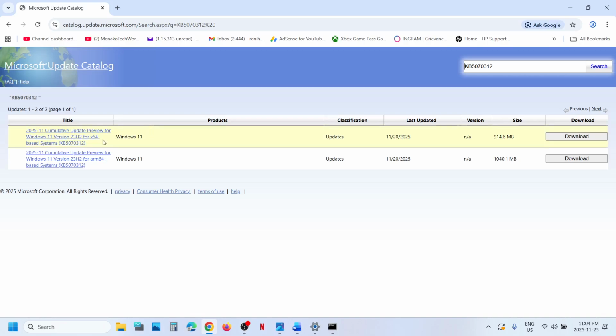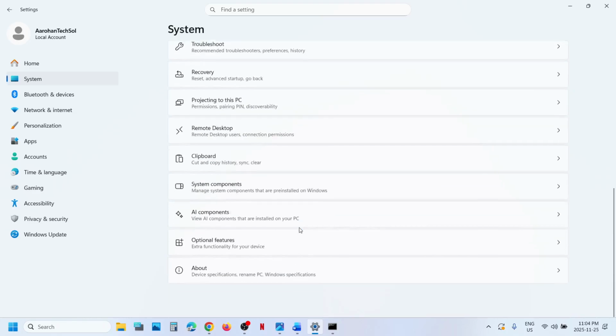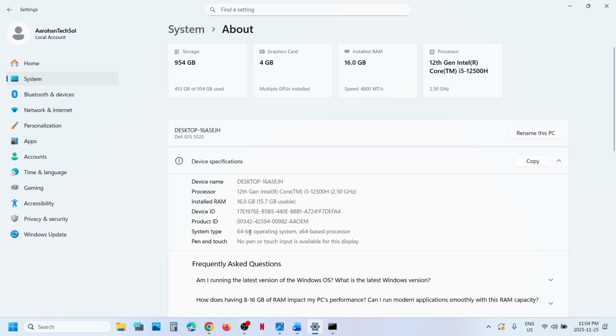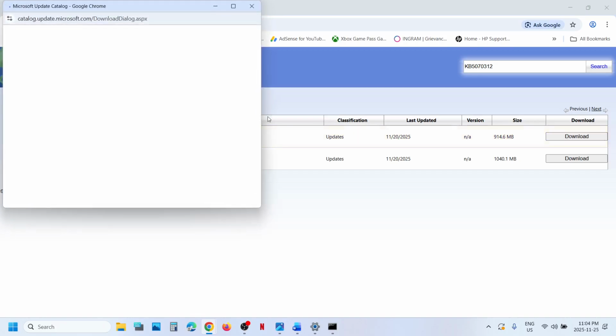Now over here you can check your system type first. So open Windows settings, and then you can go to system, and then you can go to the about option over here, and in my case its system type is 64-bit. Now for this, Windows 11 version 23H2 x64 base system. So if your system type is x64, you can select this is the right one for me, click on download,